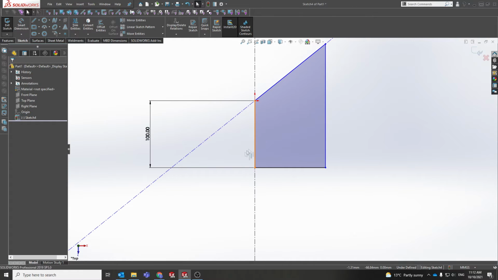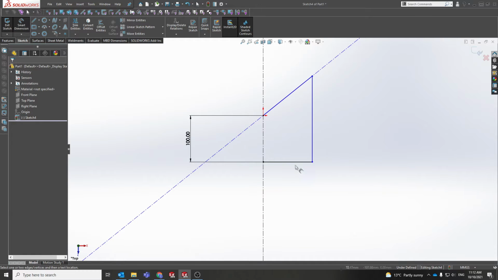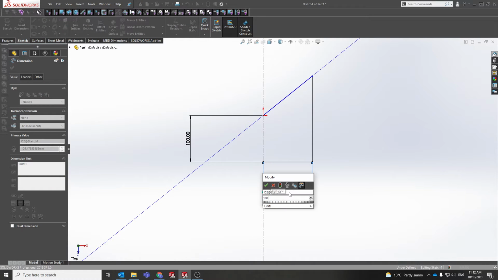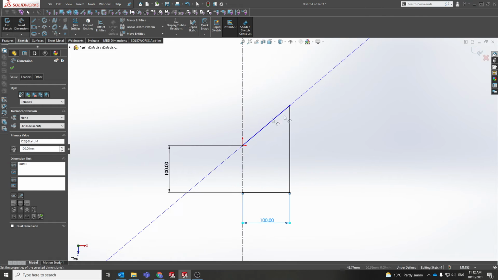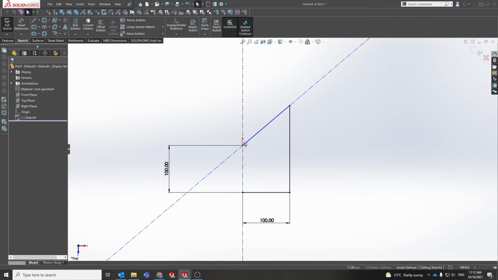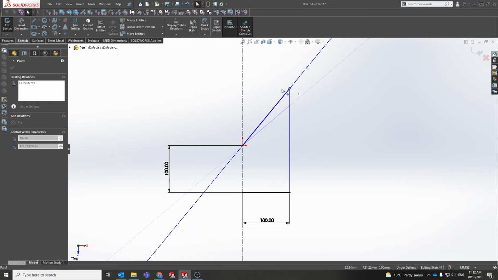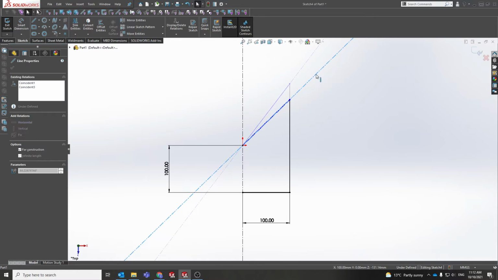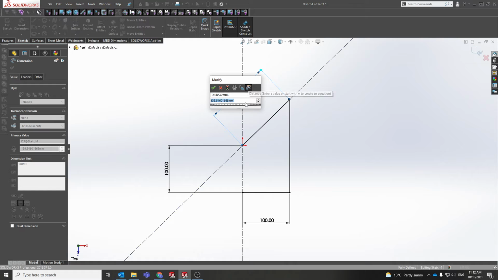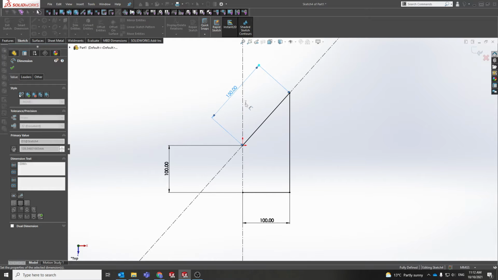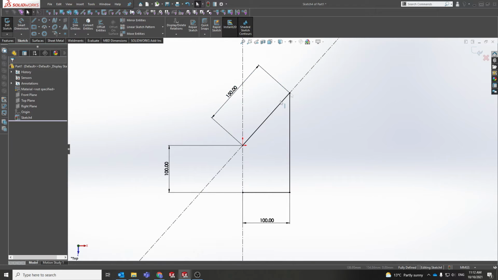I might actually delete this line because I think I want to do a mirror off that. And then I'll go and dimension this line. So another 100. And that's that, right? So the only thing that's not defined is this. So there's only one thing, sorry. Yeah, so it's length or the angle of this, right? So I could define that by going, okay, this needs to be 150. And now both of these things are defined because these two